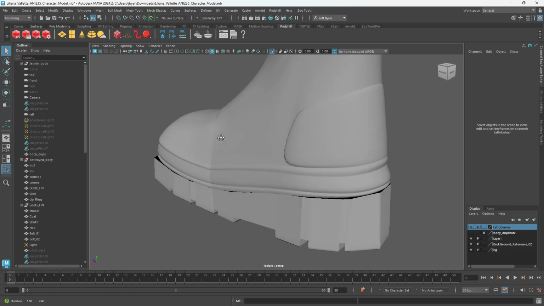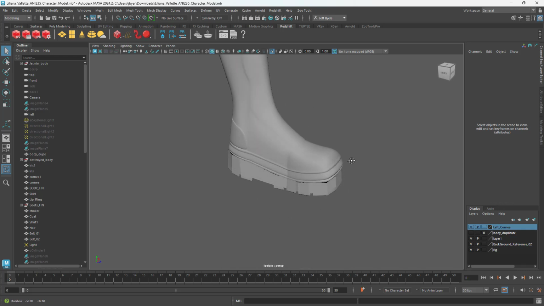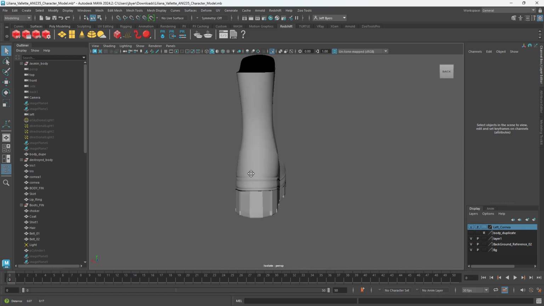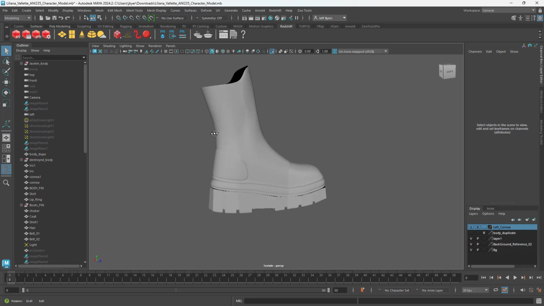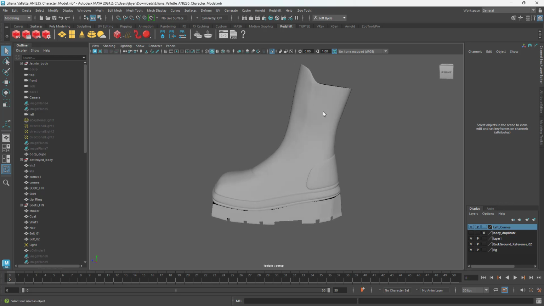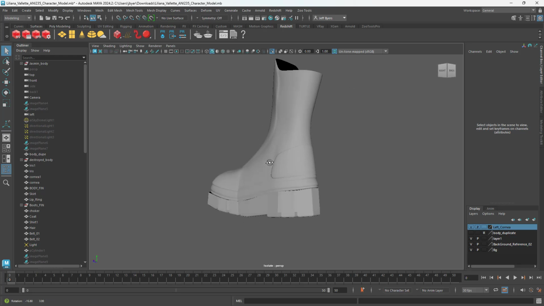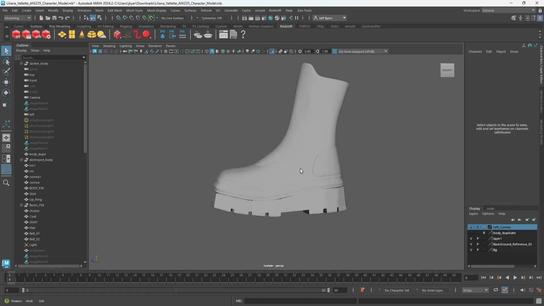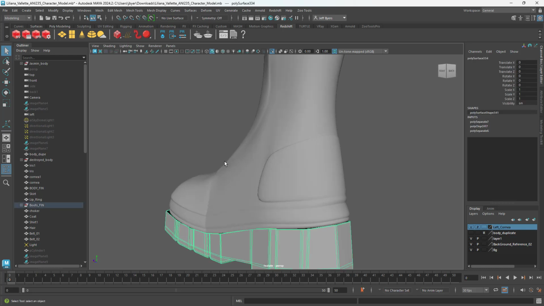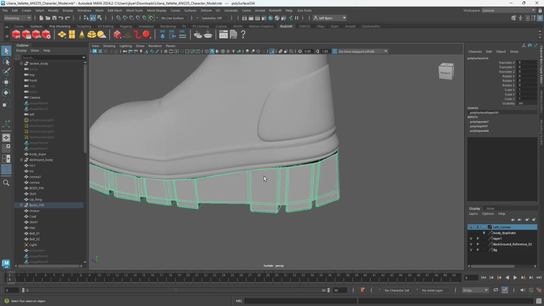You see that crease is still there. That's what we kind of want to get rid of. All right, we don't want to see those creases. You can see the back of this boot is looking really good. It might just need to be defined more, but we don't have any of those issues here, which is kind of nice. All right, the problem with the bottom part of the boot, if you go and smooth